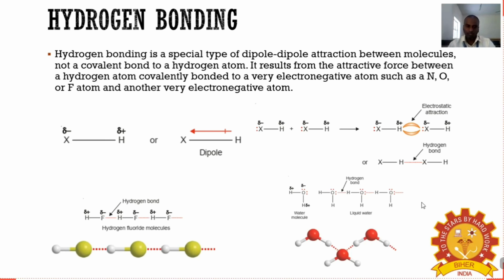Let's go to the water molecule. Here the water molecule also has this type of weak interaction, because in a water molecule oxygen has 2 lone pairs of electrons and 2 hydrogens. These 2 lone pairs of electrons can interact with the nearby hydrogens from the other water molecule. Due to that, a weak interaction arises between oxygen and hydrogen. These interactions are called hydrogen bonding.